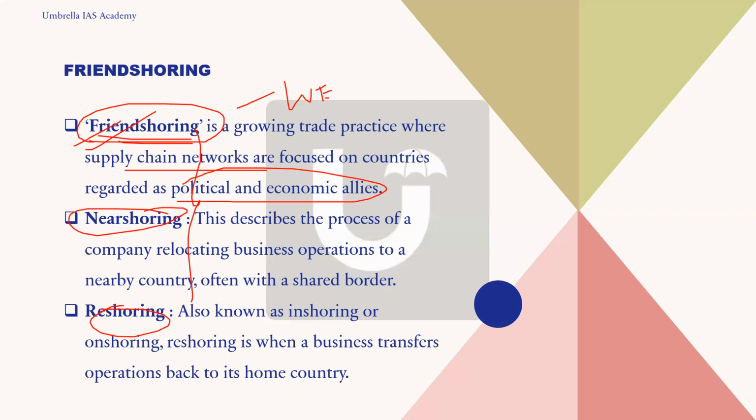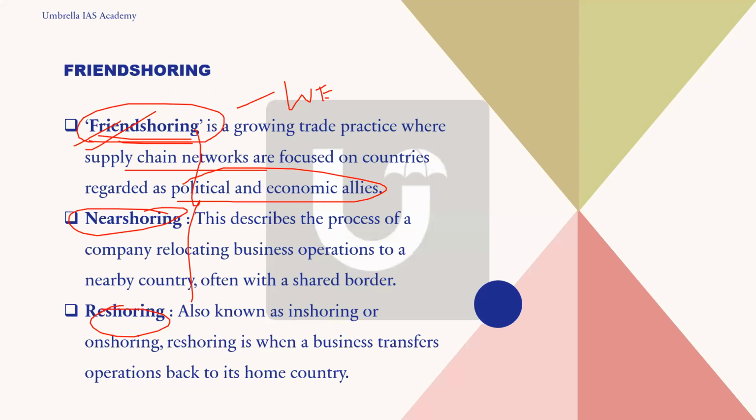So the supply chain networks, whatever are there, okay. The US is trying to build some supply chain networks for India and some South Asian countries, and is also tying up with Japan. So what can we call this? We'll call it friend shoring. So the supply chain network is being focused especially on friendly countries, and that is called friend shoring. Near shoring is when you focus more on the border countries.